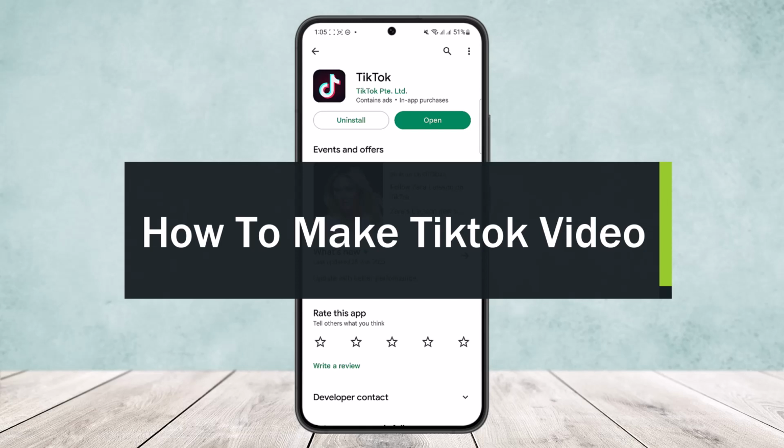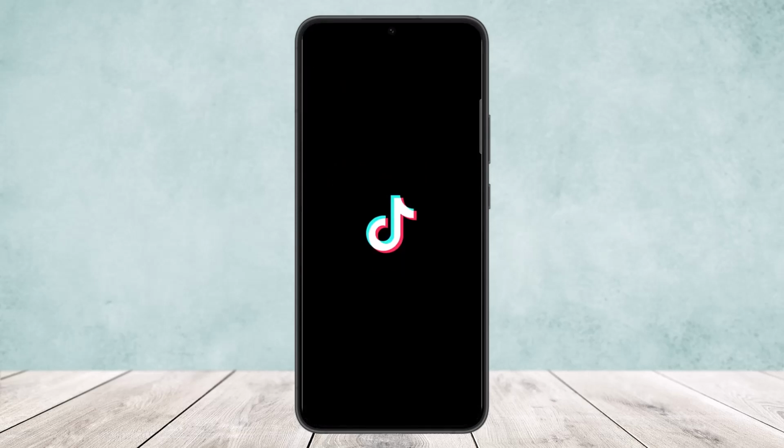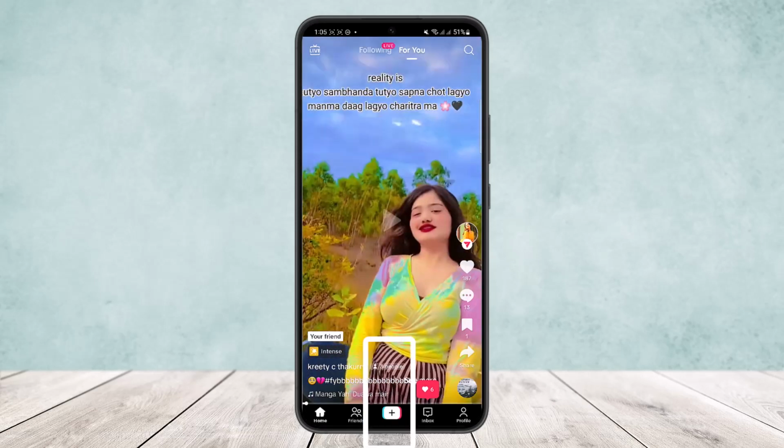Today I'll guide you on how you can make TikTok video. Now, making TikTok video is quite simple. There are essentially two different options that you can make TikTok video. The first is if you open up TikTok app and tap on the plus icon at the bottom of your